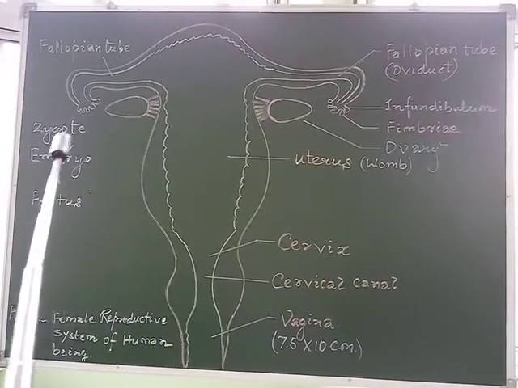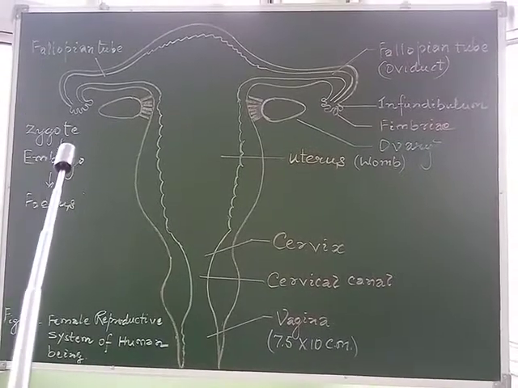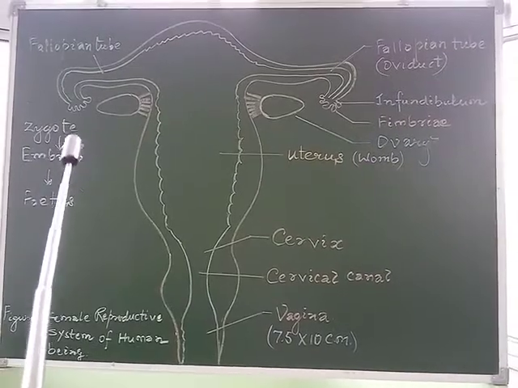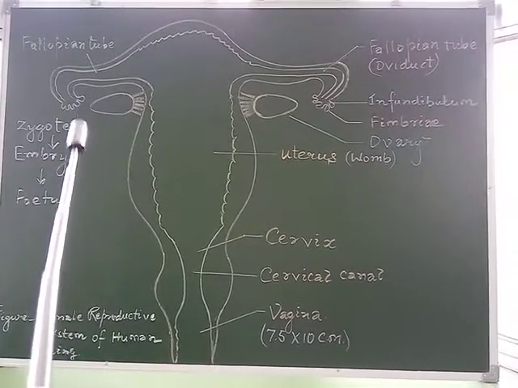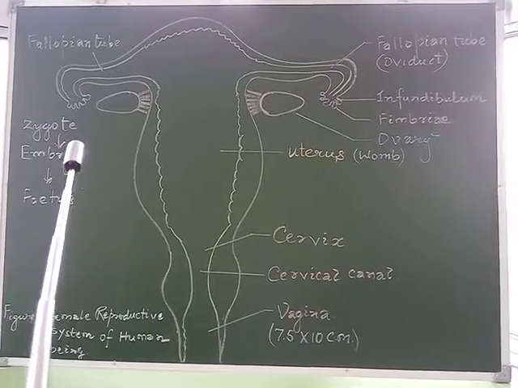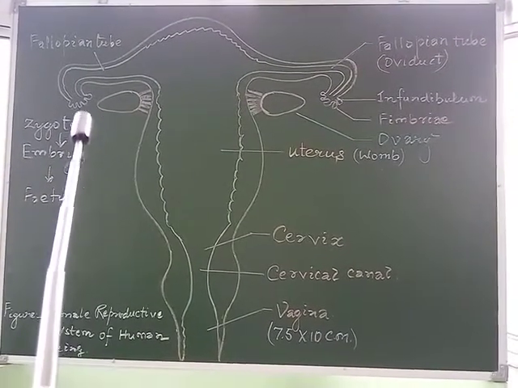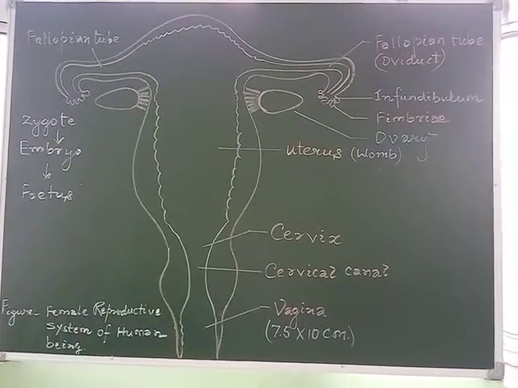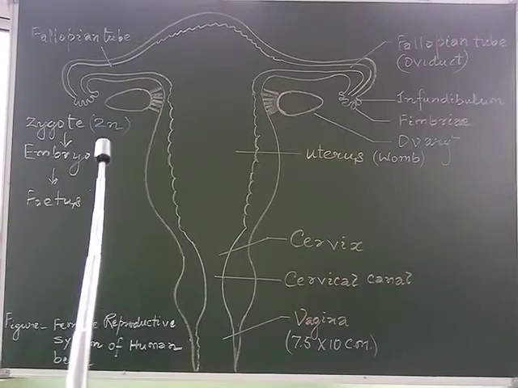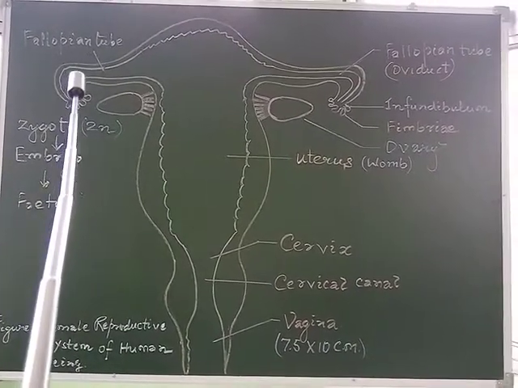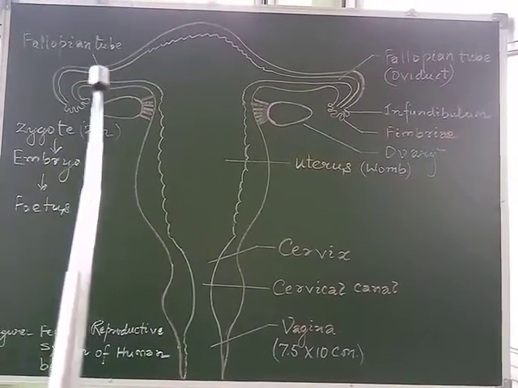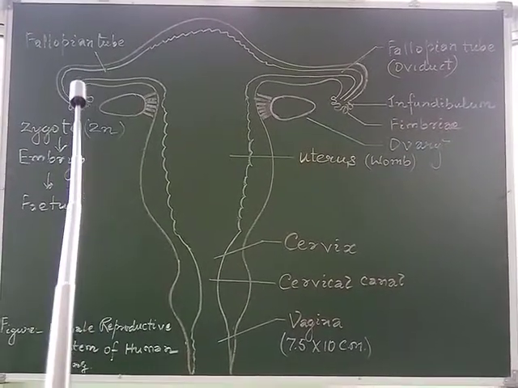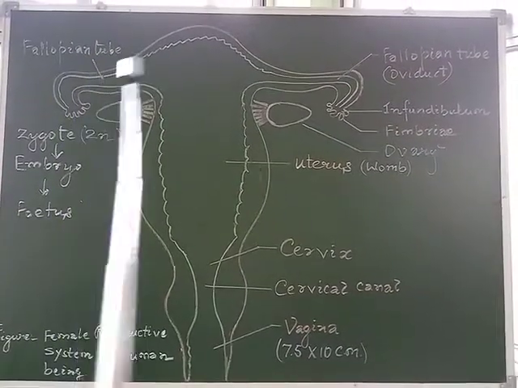Before it forms the zygote, as the male gamete is haploid in nature, meaning having a single set of genes, whereas the female gamete, which is the ovum, also has a single set of genes, meaning haploid in nature. So by the fusion of both the male and female gametes, the zygote is formed, which is diploid in nature, and the zygote is formed within the fallopian tube. So the process of fertilization takes place within the initial part of the fallopian tube.